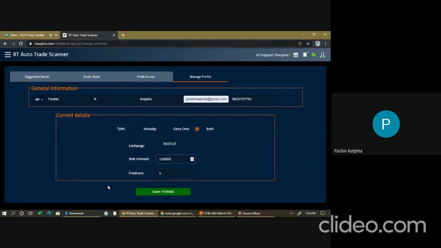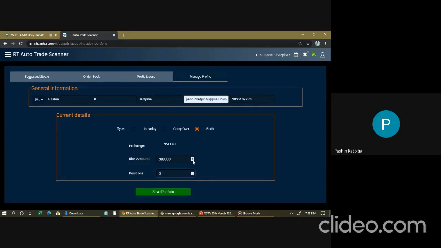If I put 9 lakhs here and say 9 positions, the system would show me more number of stocks and more number of high risk trades. But if I say that with 9 lakhs I want 3 positions, then it will show me even more high risk trades.